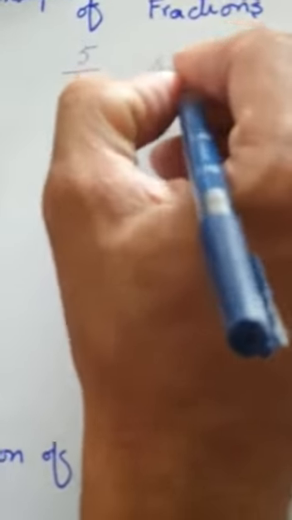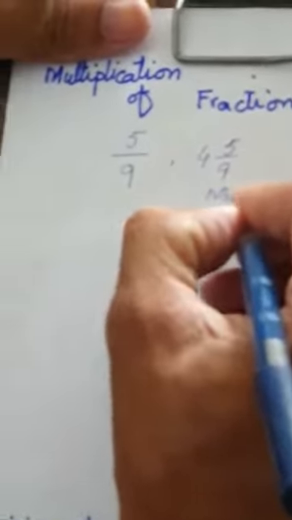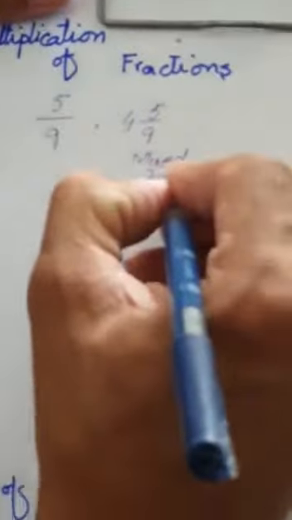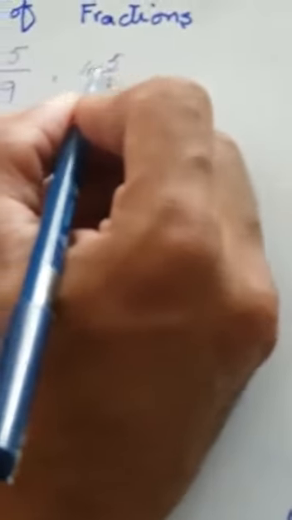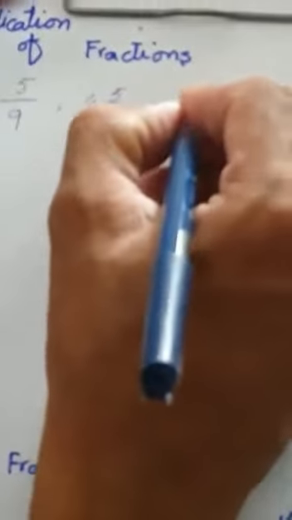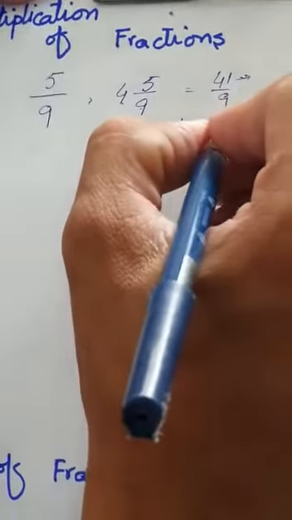Also, I have told you there is one more form of fraction, 4 and 5/9. This form is actually known as the mixed form of fraction. So if you want to dissolve the mixed form of fraction, first of all we will multiply this 9 by this 4. 9 4s are 36. After getting 36, we will add this 5 in 36, which will be equal to 41/9. Also, I have told you when you are dealing with the mixed form of fraction, only the numerator will be affected, the denominator always remains the same.